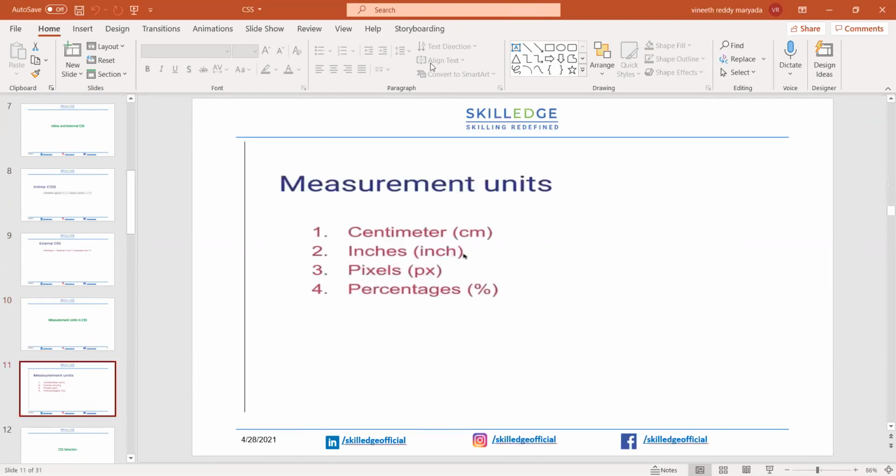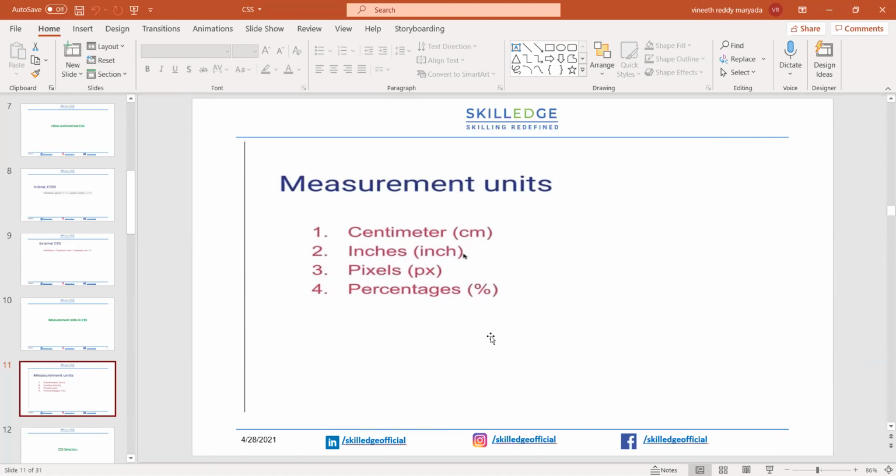So here, I have to share the PPT again. We have centimeter values, and we can apply the CSS based on centimeter values, or we can apply the changes in inches also. We can apply it in pixels and in percentages.